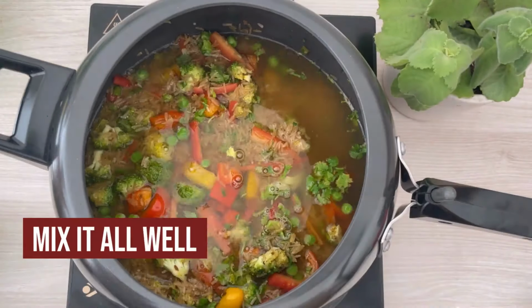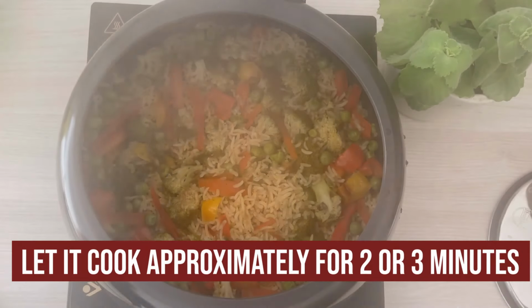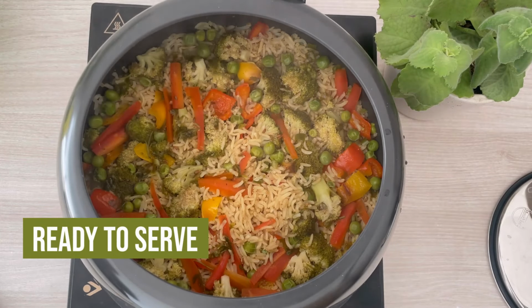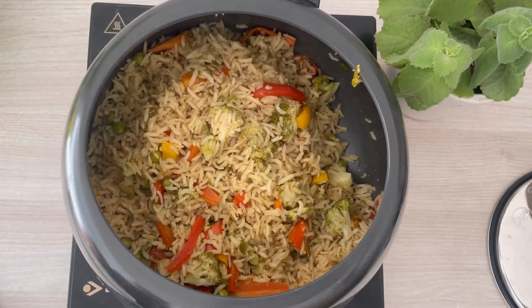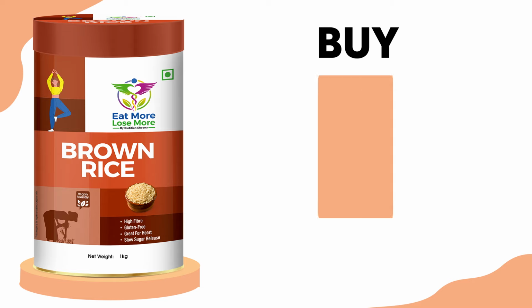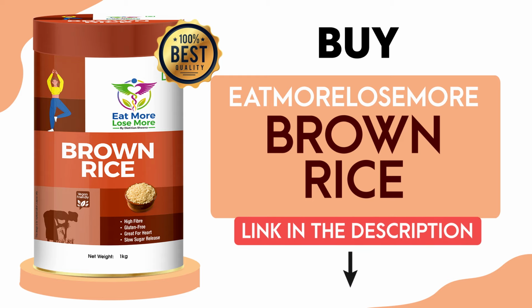Mix it all well and let it cook for approximately 3 whistles. And once the whistles are over, do not open it immediately. Let it cook in its own steam for approximately 2 to 3 minutes. And once done, you can open it and you can see how well a brown rice pulao is ready. With all the greens and red vegetables, you can see how colorful it is and it tastes amazing in each and every manner. And you can always buy Eat More Lose More's organic basmati, which tastes very similar to white rice. You won't feel any kind of difference when you prepare this rice and have it with